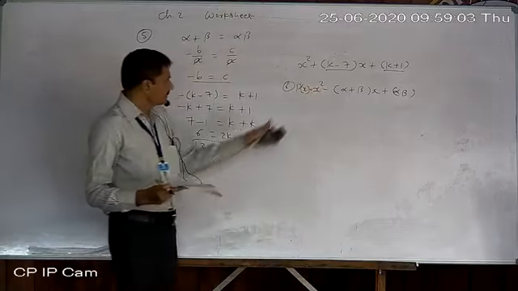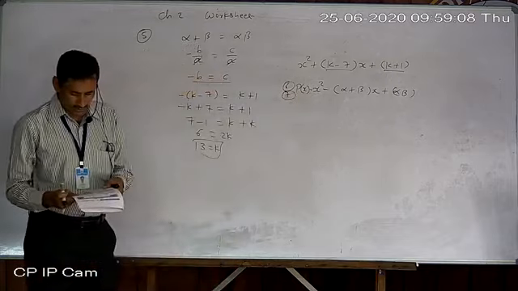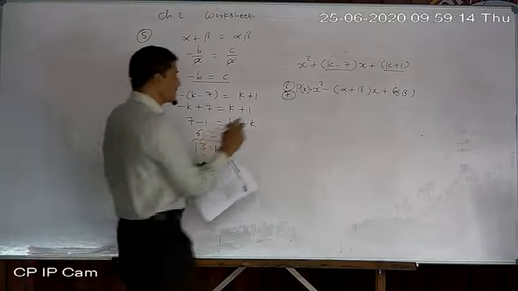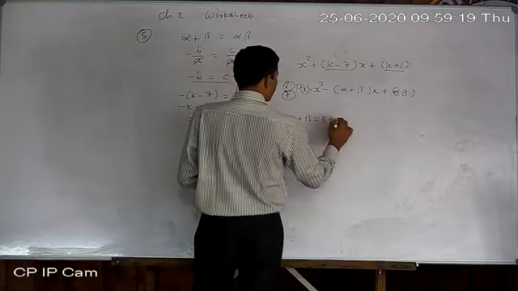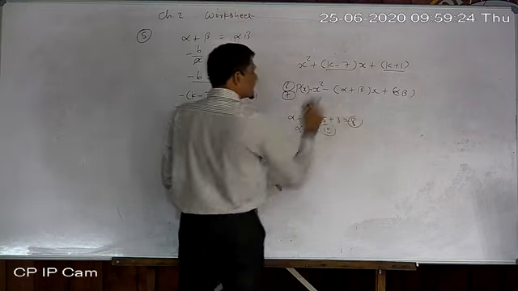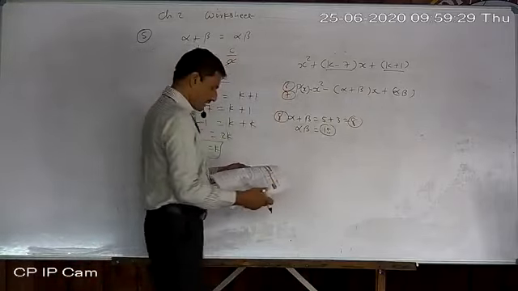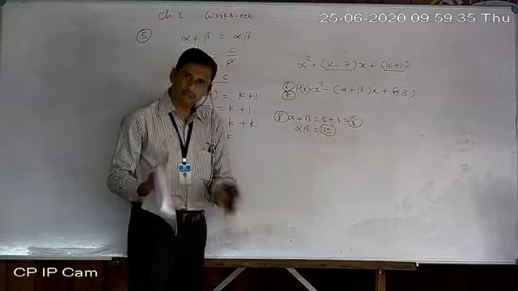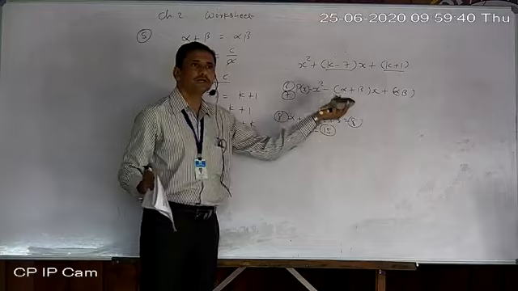Number 7, same type of questions; 6 and 7 both are of the same type. Number 8, the quadratic polynomial with zeros 5 and 3. Here sum and product are not given, the zeros themselves are given. So first of all find 5 plus 3, which is 8, and alpha beta, 5 times 3, which is 15, then use the same formula here. In this sense 6, 7, 8 are all equal. Here, instead of alpha plus beta and alpha beta, they have written alpha and beta individually. So first of all find the sum and product, then use the same formula.